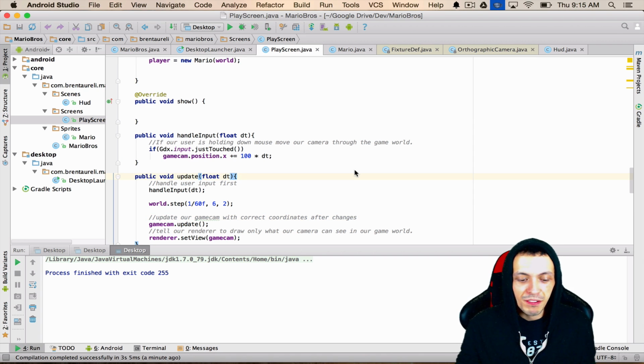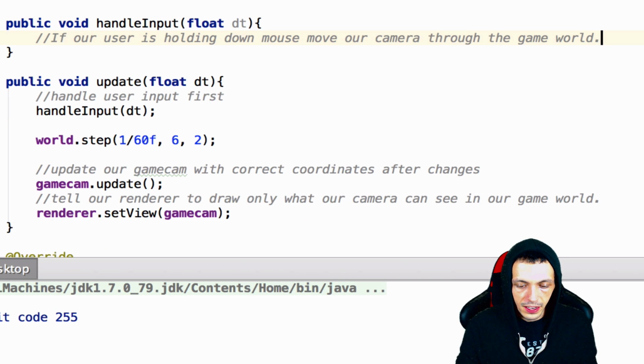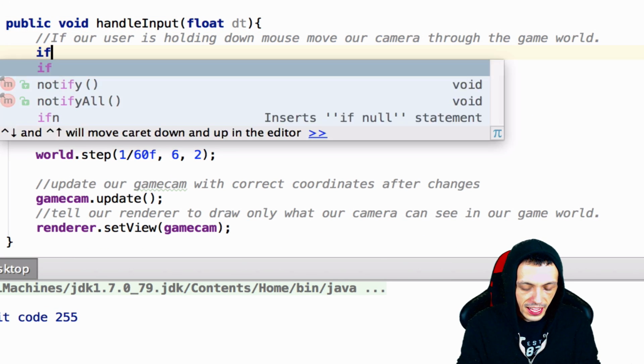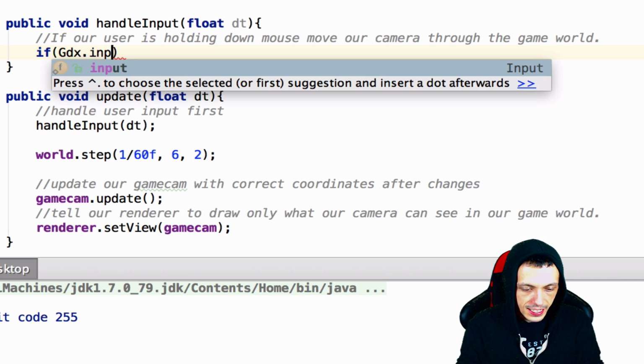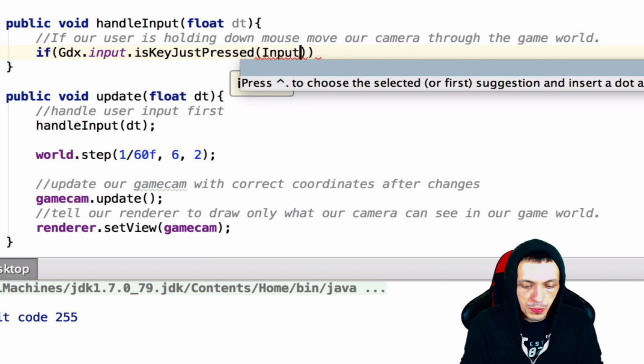So let's get to the good stuff. Let's go to handleInput. This is where we're going to do all of our input handling. We'll delete all that. We'll say if Gdx.input.isKeyJustPressed, and we're going to check if the up arrow is just pressed. So to get that, it's